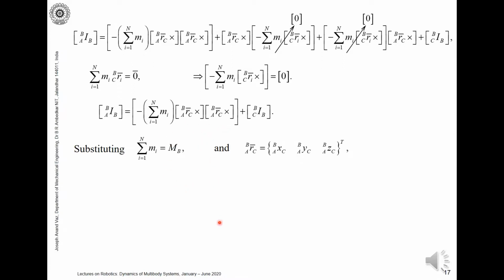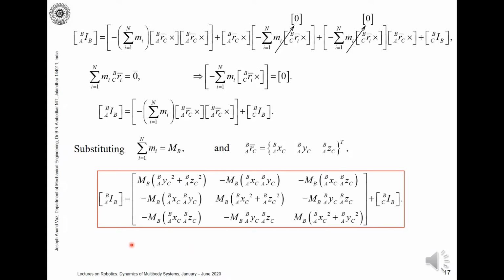So when you do the substitution, you get the inertia tensor of the body about the point A expressed in the frame B as equal to this matrix here,